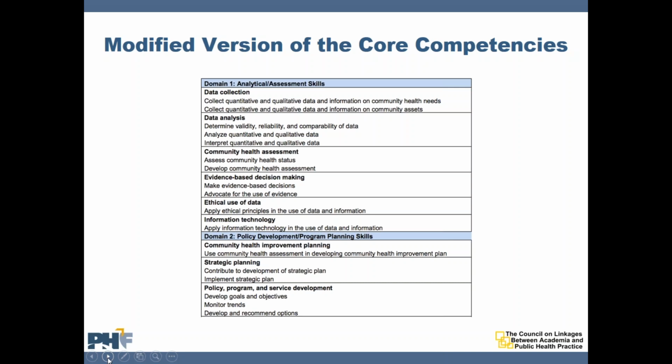So using Tier 2 of the core competencies, we actually went through all of the individual competency statements and grouped competencies together that shared a common theme. So through this process, we were able to take the number of items that you're maybe trying to pay attention to when you're working on this down to 54. And we've been referring to that as our modified version of the core competencies, the first domain and a half-ish of which you see on the screen now.